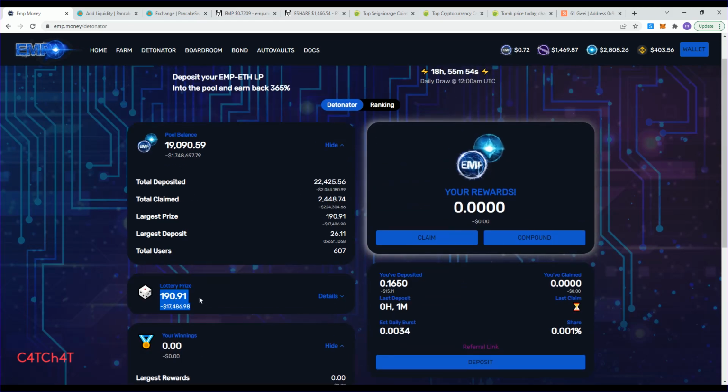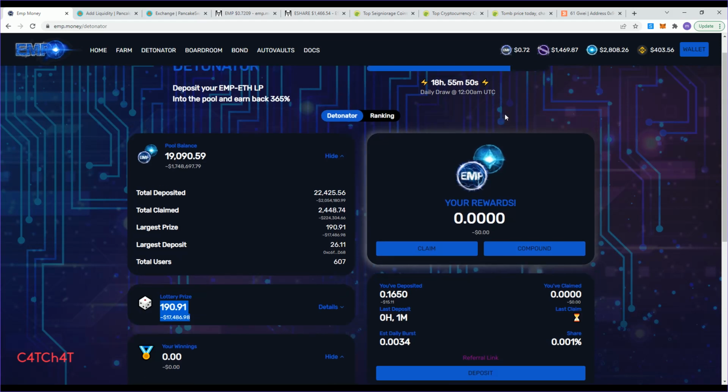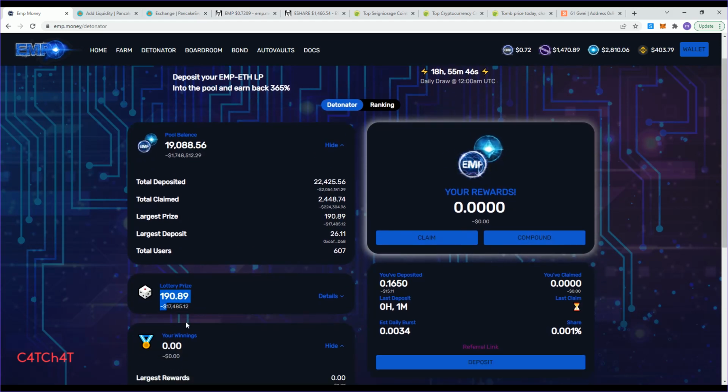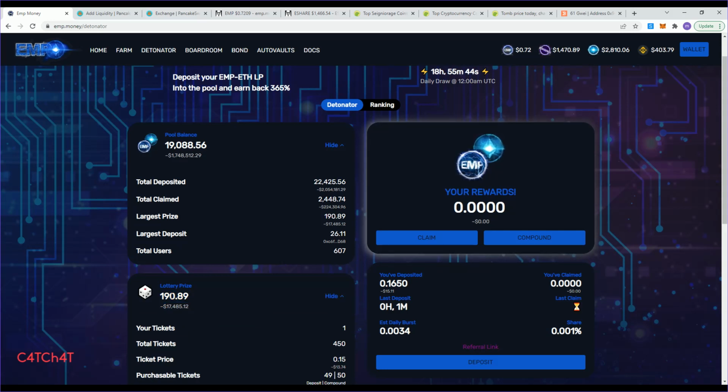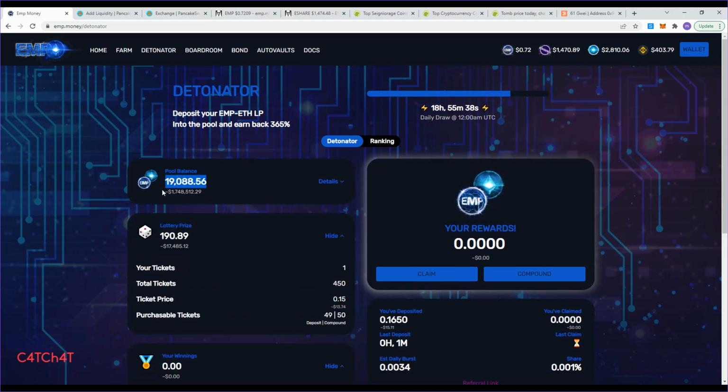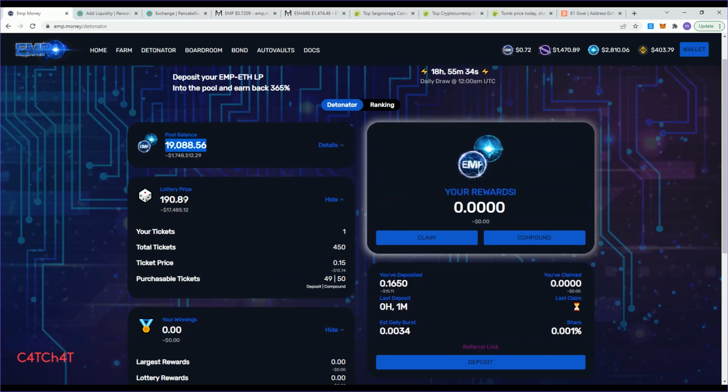Now this is subject to change because we still have roughly 19 hours to go, and EMP and ETH will change in price, which will slightly change this, and it is also a reflection of this. So this lottery prize is always 1% of the value of the total pool balance.